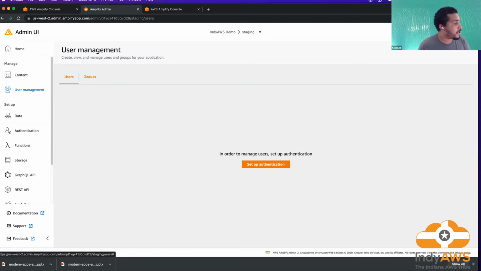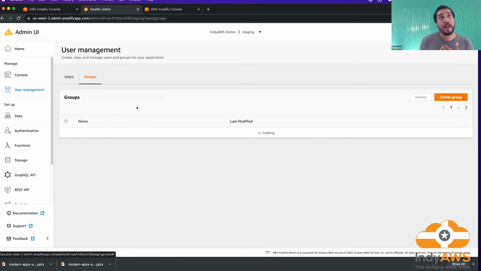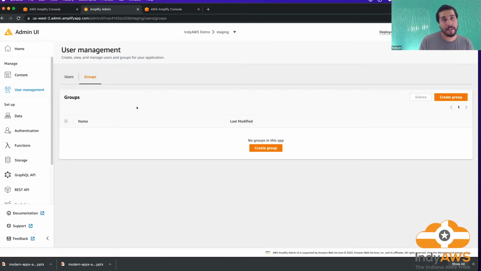But what you'll notice is that we have users and groups, and you can set up your users and groups, and this will also allow you to set up things like having admins for your app. If only admins are allowed to do specific things, then you could do that. Or if you wanted to have editors, let's say you have a blog, you'd have a group of editors, a group of publishers, and the authors, things like that. You could have separate groups for your users.